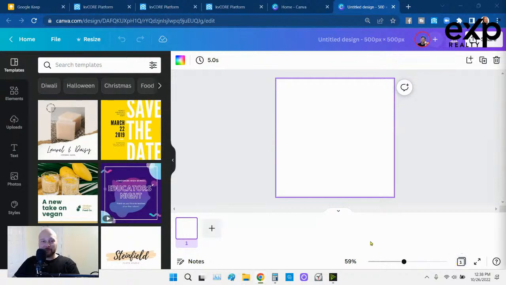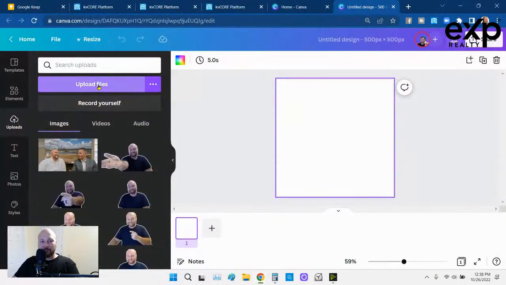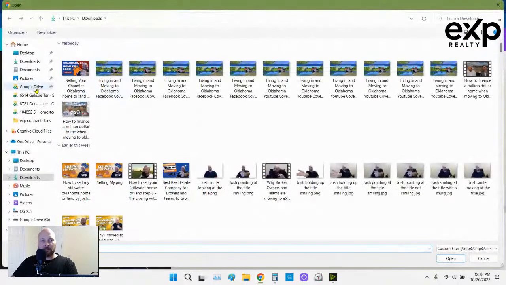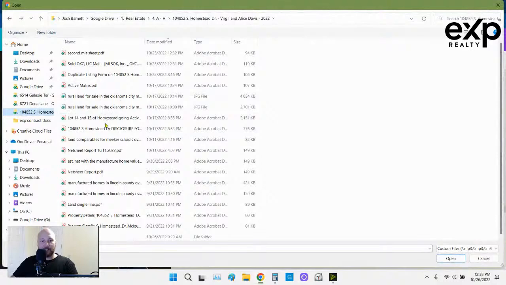So, okay, perfect. So here's the first little square. So let me toss some of the pictures. I'm only going to do 6 slides on my carousel. So I'm going to do 3 different pictures of one property and 3 different pictures of another property. So let's go over to this land property first.